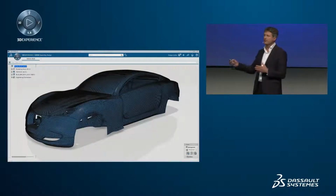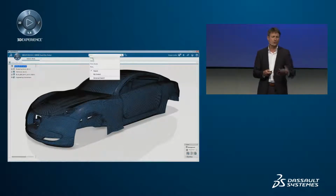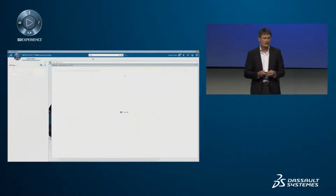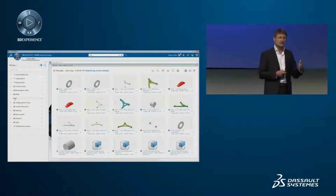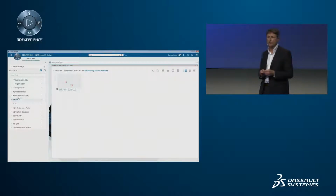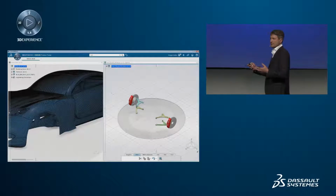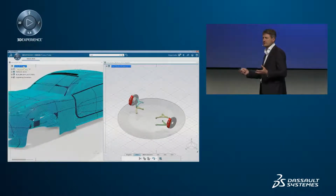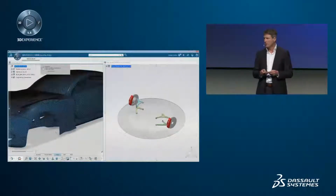Now here I've already loaded the body in white into 3D Experience. Now we want to add the corner modules. So we search for them, and we get 80 hits, and we can narrow them down with 6W tagging. And here I have created a customized tag which will help us to find our component quickly. And then to insert it, I'm just saying insert existing product, and then I'm selecting the corner modules from the